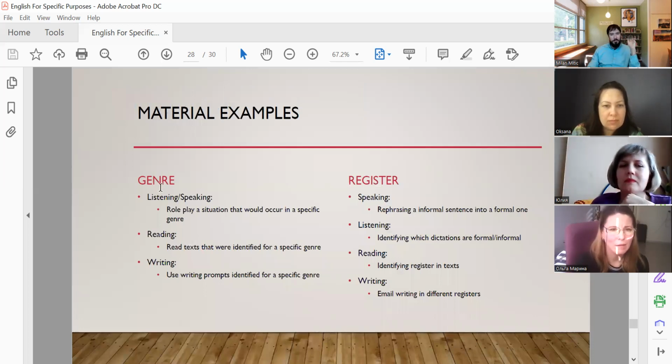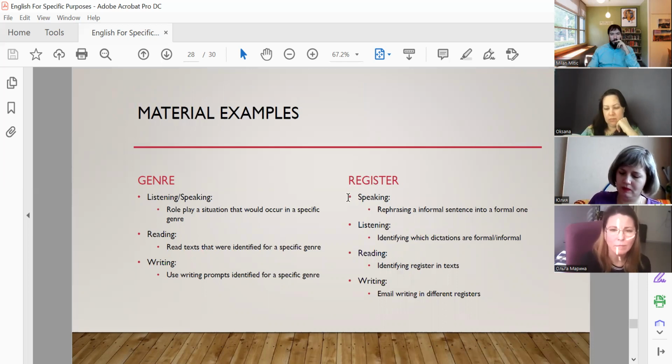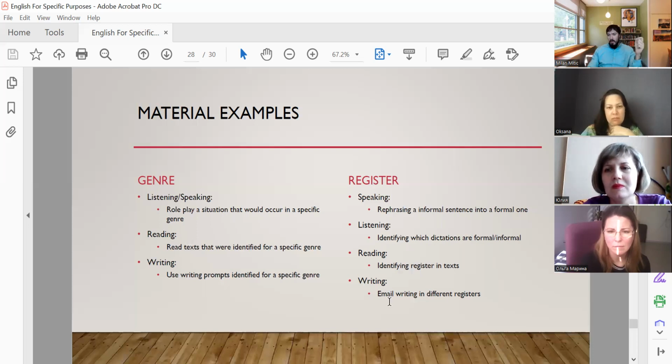Material examples. Here are some material examples. Genre and register. For example, listening and speaking. Role play a situation that would occur in a specific genre. So could be buying food at a local supermarket for those refugees, or going to the doctors. And register, informal, of course, in that situation. Writing could be formal for those refugees because they need to write formal letters. So